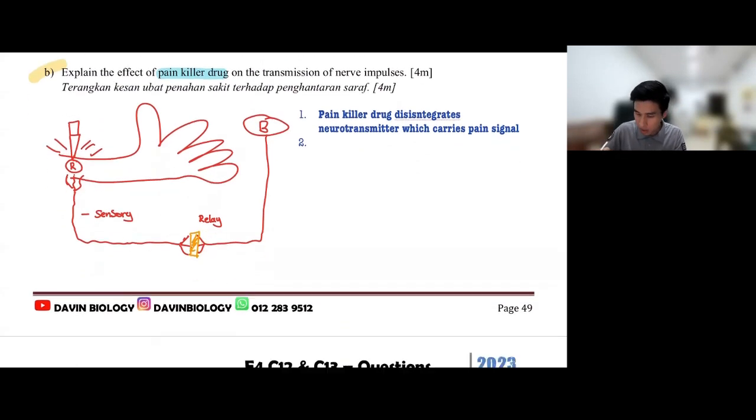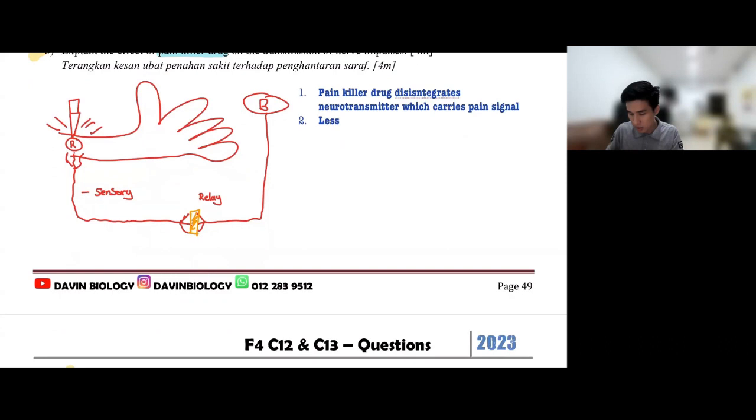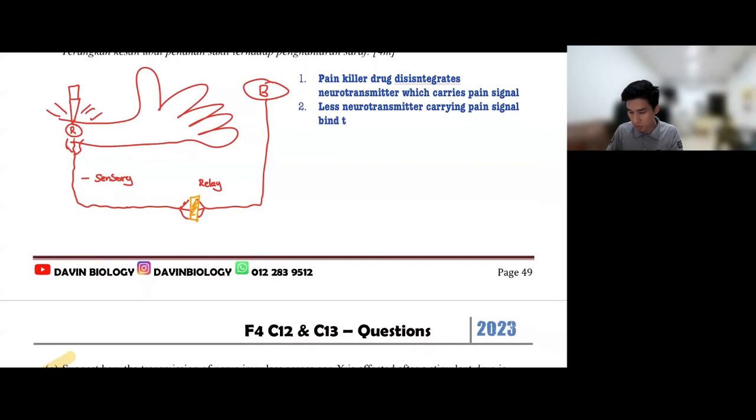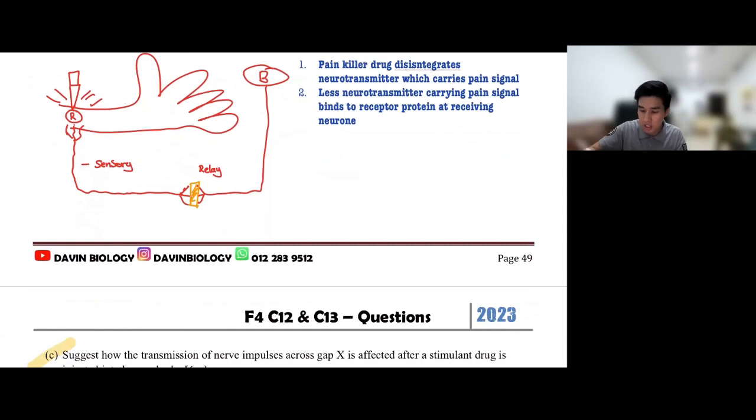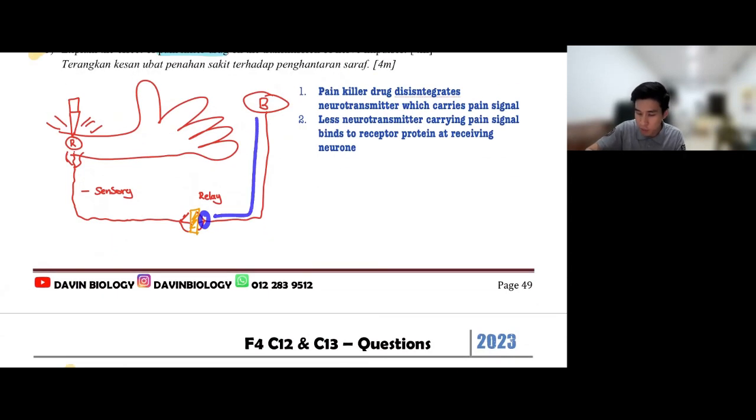So we're going to say less neurotransmitter carrying pain signal binds to receptor protein at receiving neuron. So therefore, if the pain signal doesn't reach here, the pain signal definitely won't reach your brain